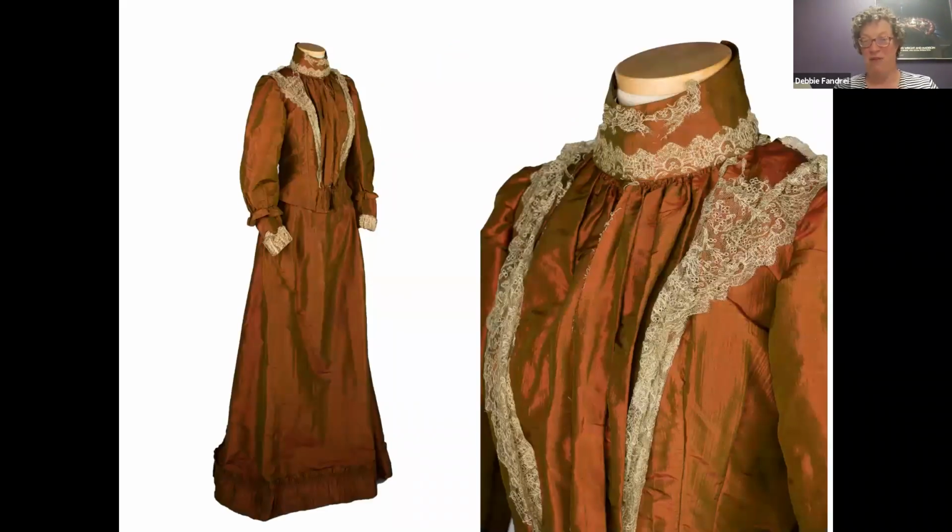You also have fun here. Not only can you have nicer furniture, you have nicer clothes too. This is fun. This is from Libertyville, and this is the wedding dress of Maybelle Peck, and she was one of the people who was instrumental in getting the Libertyville Library started. She was the sister-in-law of a Mr. Cook who was interested in libraries and thought, well, it might be a good idea for Libertyville,